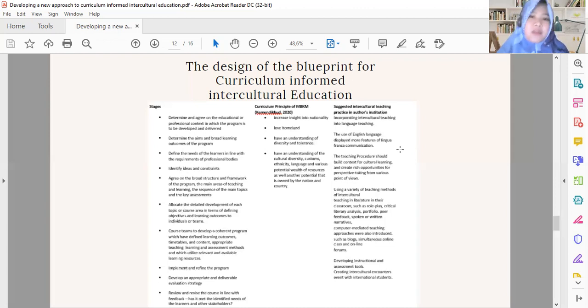It is very important in terms of developing their intercultural communication skills, since the speakers of English who are non-native speakers outnumber native speakers.